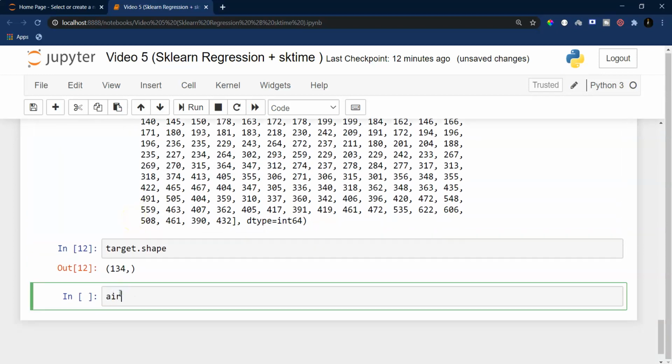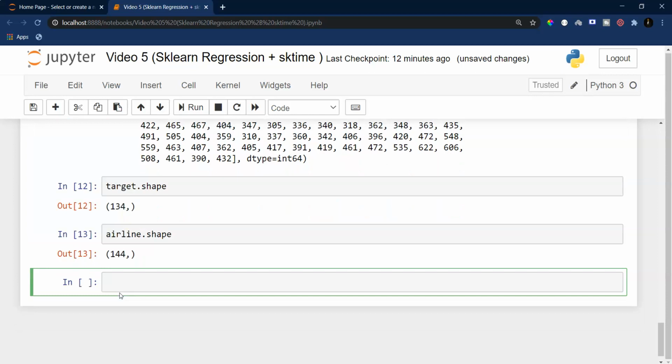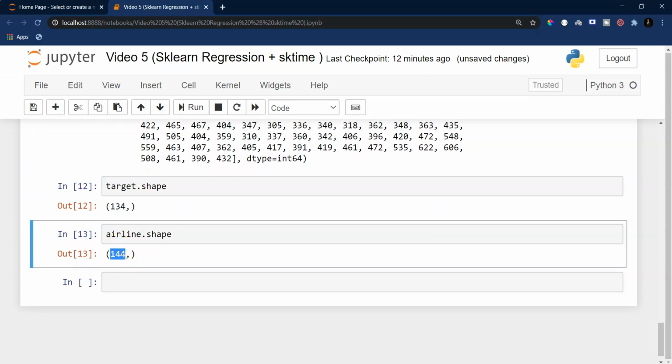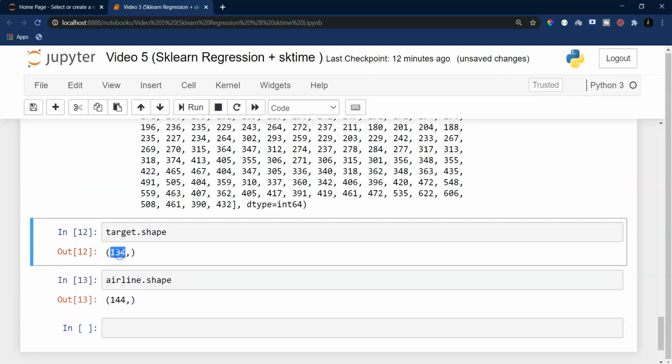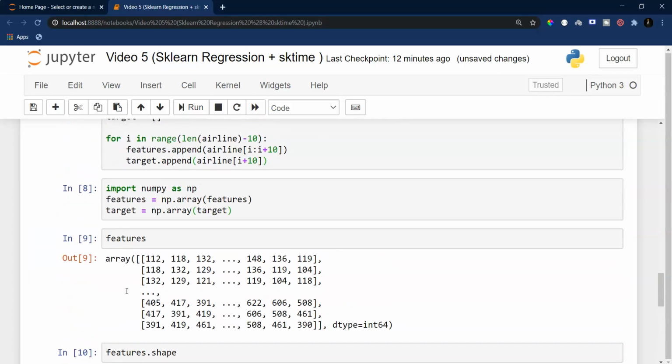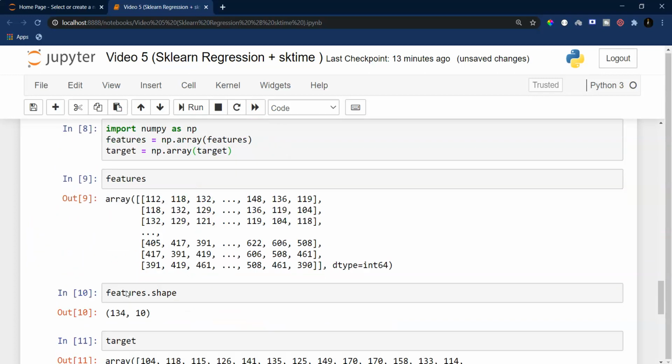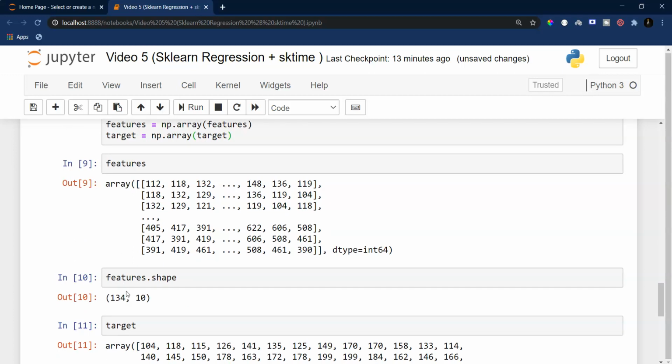Now notice here the shape has reduced. Why? Let me check the airline's shape. What is the shape of airline? We are having 144 values in airline, but we reduced that shape into 134. Why? If you notice the difference, you would be able to tell why. The difference is of 10 because for the first 10 values we did not have any previous value that we can consider as target value.